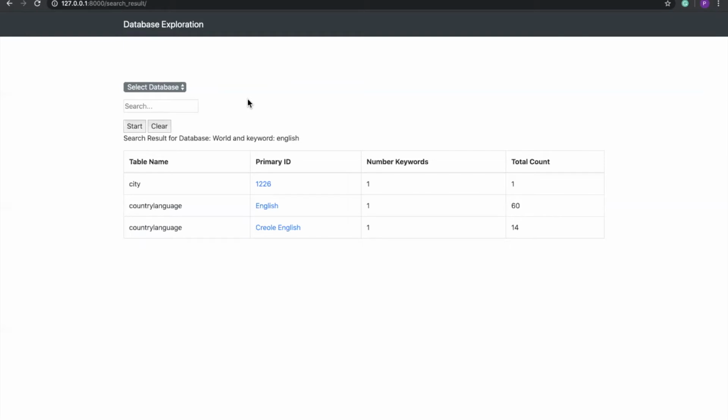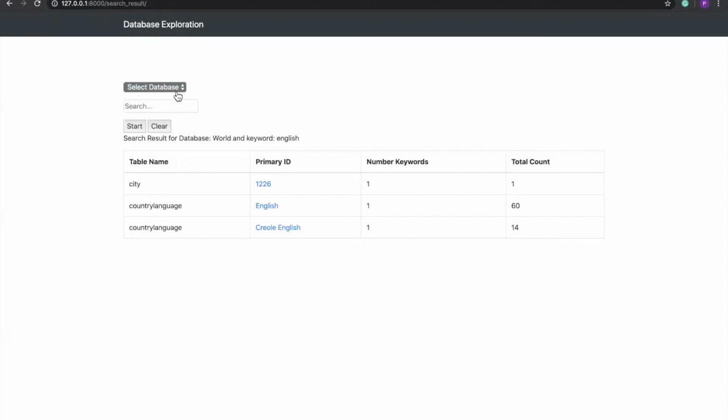And the last column is the total count. This is sorted and grouped by the table. So for example, you can see English appears only once in city, but it appears 60 times in country language and 14 times in country language. But within country language, it has been sorted in descending order.